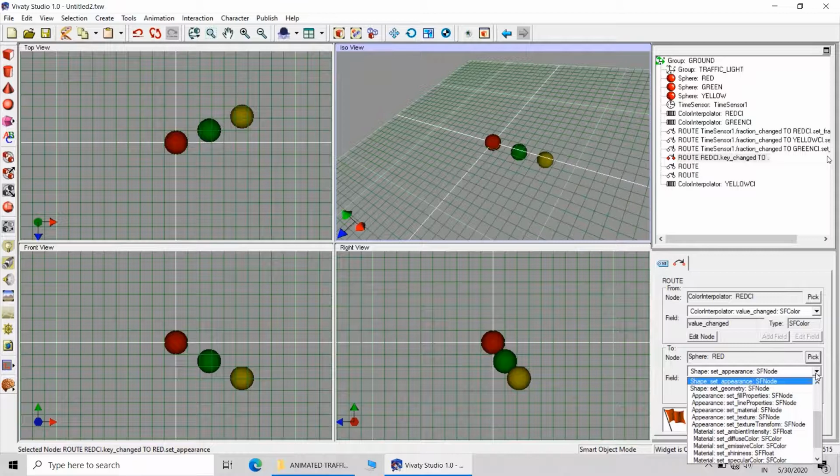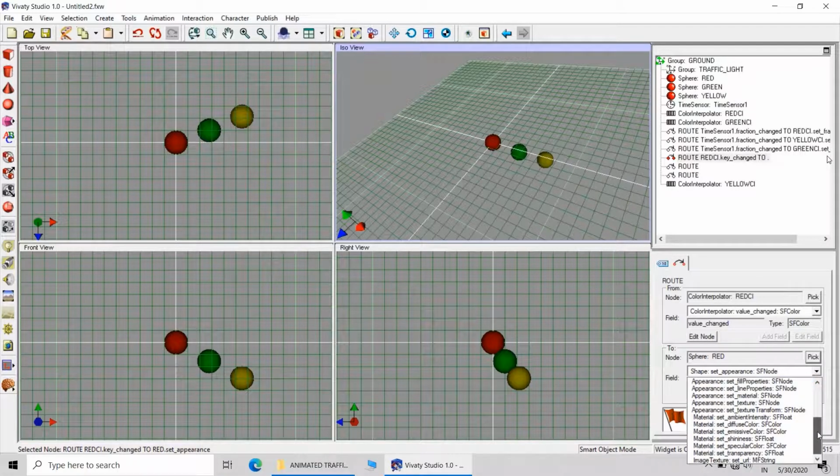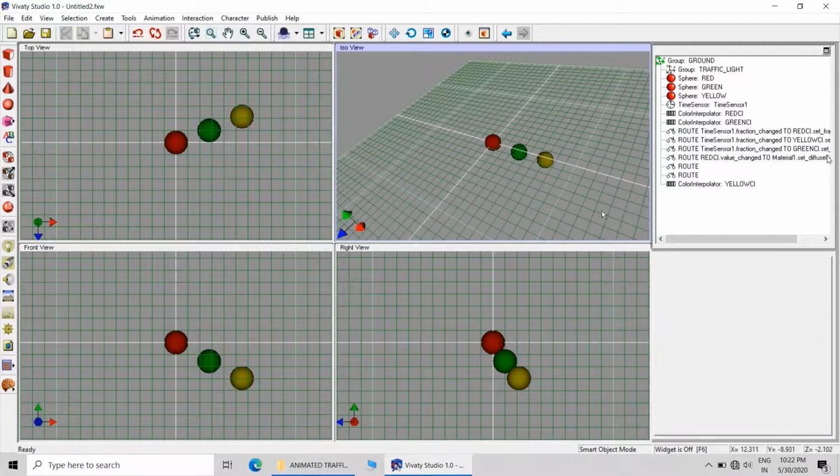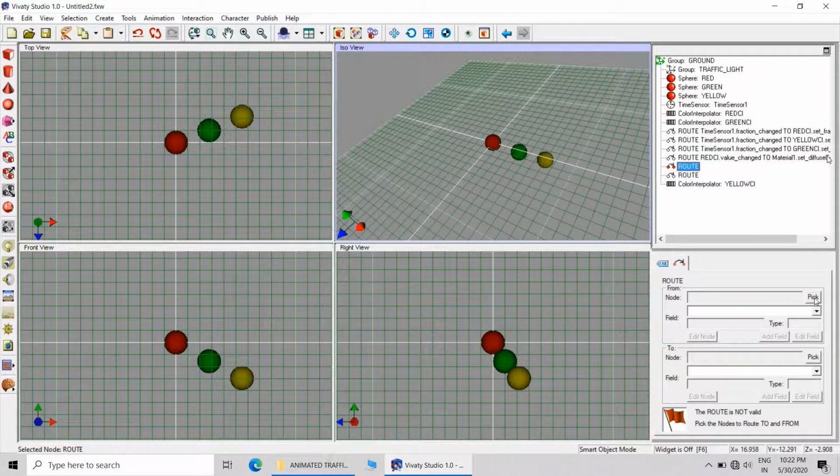It is from color interpolator to set diffuse color. From yellow to yellow.